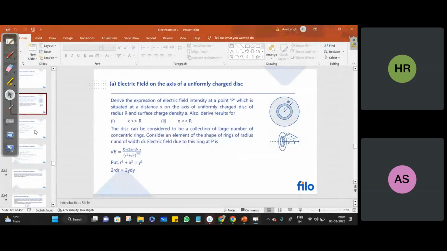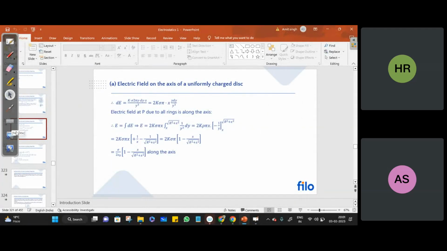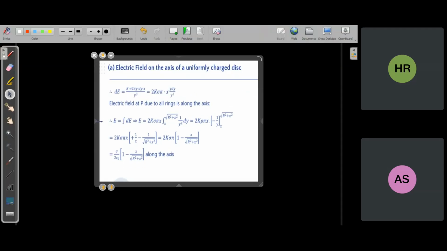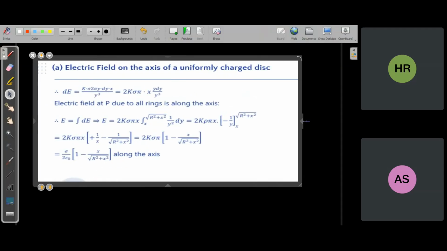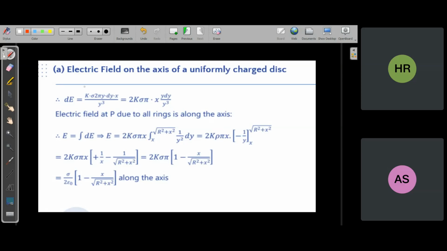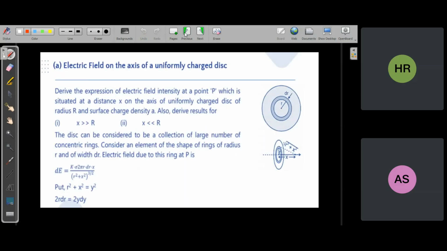So the idea is the same. Every time you choose an element, because of the element you find the electric field dE, and then you integrate within proper limits to get the total electric field. So here dE, you will directly use the formula of electric field due to a ring, because the element is a ring. See, this is the direct formula of electric field due to a ring,